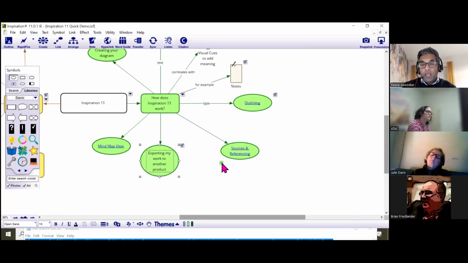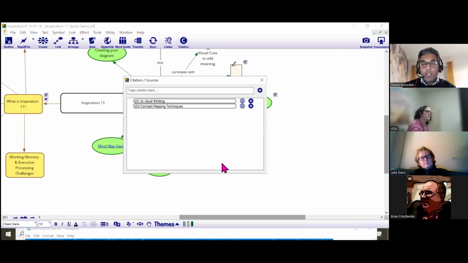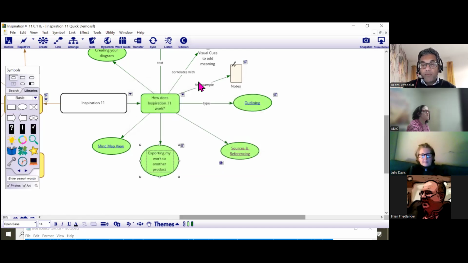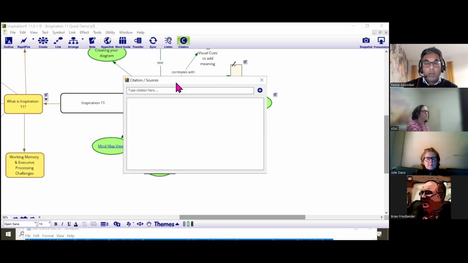Another aspect is referencing as well. So if I've got citations, I can use the citation tool here to add these here. Each one can be hyperlinked to a different resource as well. It could be a PDF document, a Word document, for example. And I can have this on any one of these, for example. So if I add a reference here,